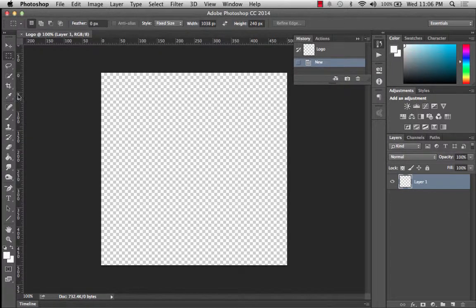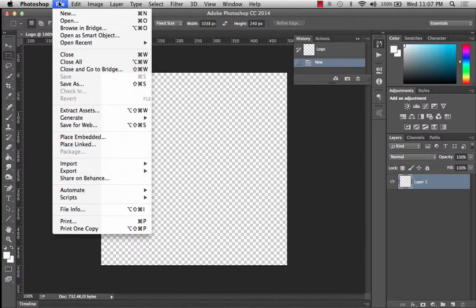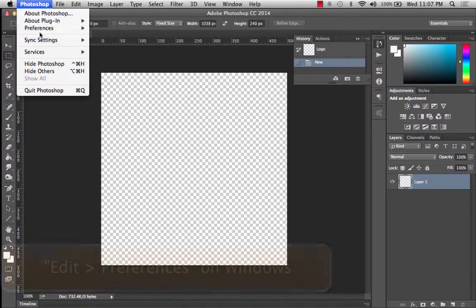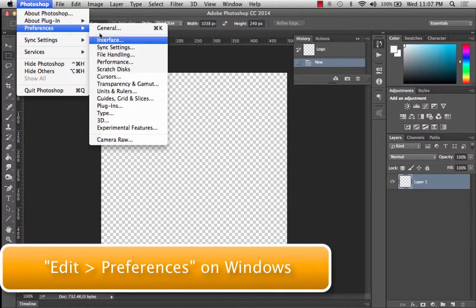If for some reason your rulers are not showing in pixels like mine, you can right click on that ruler and choose the unit of measure right here. I'm going to choose pixels because we're doing stuff in the web setting, and that's the basis of the unit of measure. So if I go up here also to Photoshop and go to preferences, I can also go